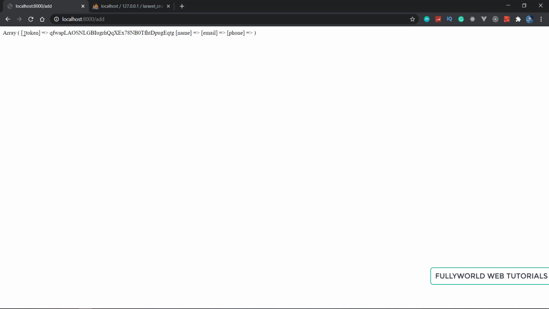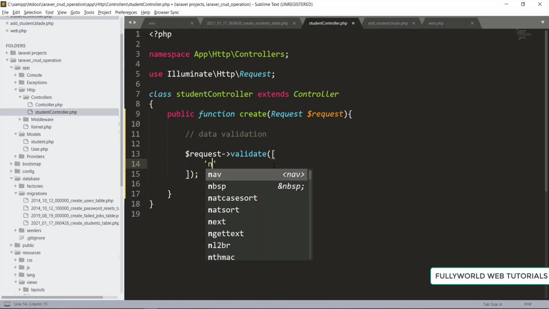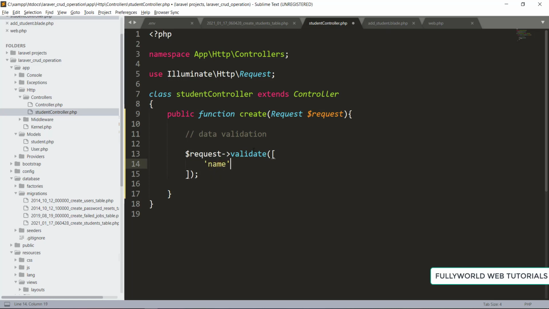So see that here we have to validate our name, email, and then phone we have to validate. So here first of all I will mention name here. So it will take name from this request variable only. So name, and under the name what we have to mention. So here its value will be, so like what we want to validate, how we want to validate, there are some methods. So first will be required.